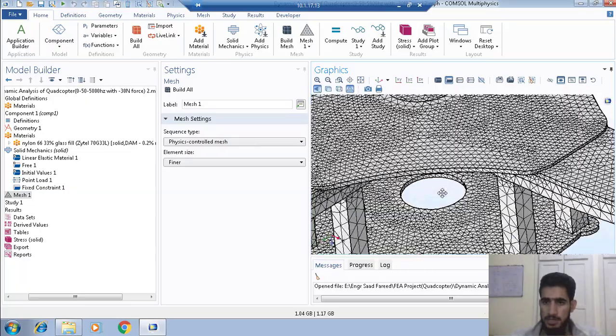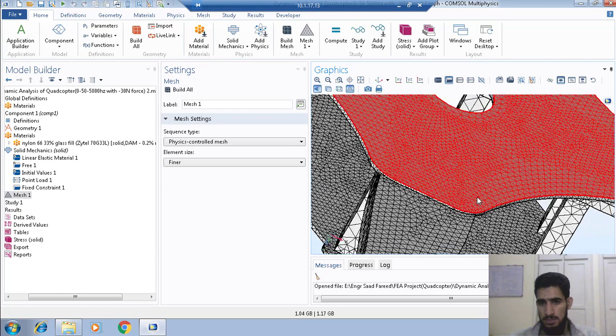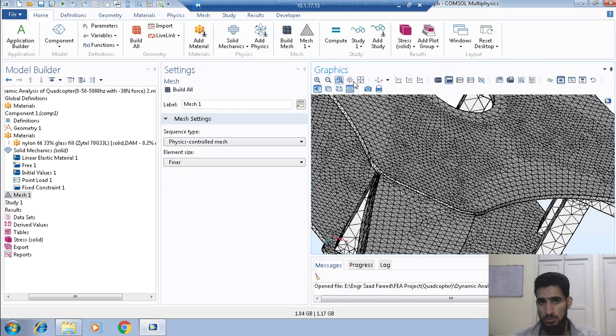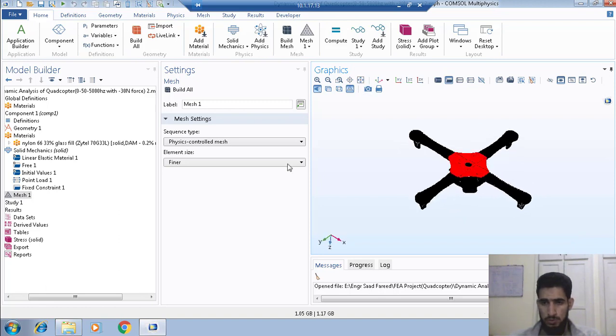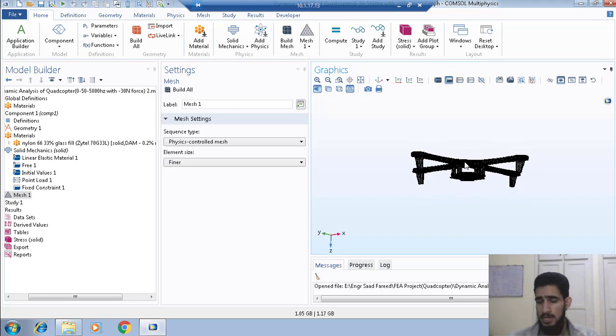So that's the tetrahedral elements that have been generated throughout the quadcopter. So that was the mesh portion. One thing I want to tell you is that it made approximately 172,000 tetrahedral elements along with 72,000 triangular elements. So where the volume was bigger, it made tetrahedral elements, and in